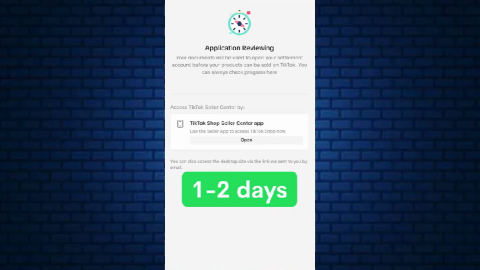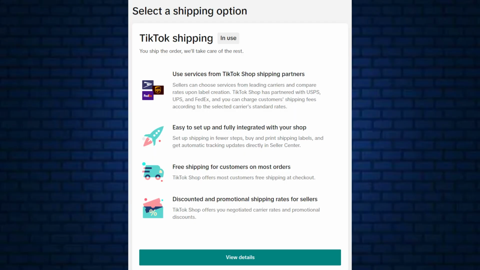And next is you have to ensure that seller shipping is selected in your TikTok Shop account settings. Make sure you have selected the seller shipping option to avoid potential address related issues during the Printify connection.